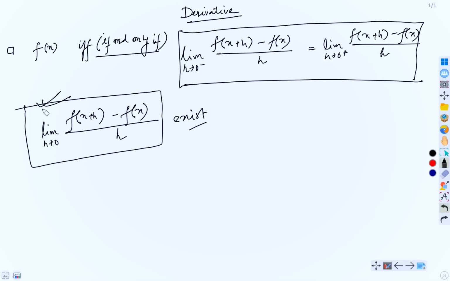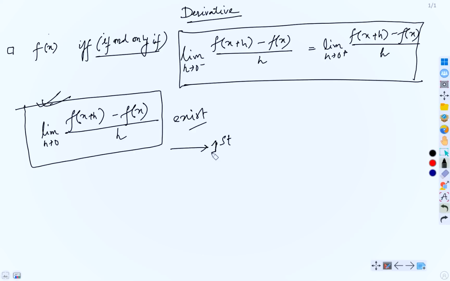We will only deal with this one. We will not bother about the other one when it was already given in the question that f is differentiable. So we will start from here. We will not bother about these two individual expressions and check again, okay? Today we will start from here. We know that f is differentiable, therefore we will start from this expression. Basically this is known as the first principle, okay?